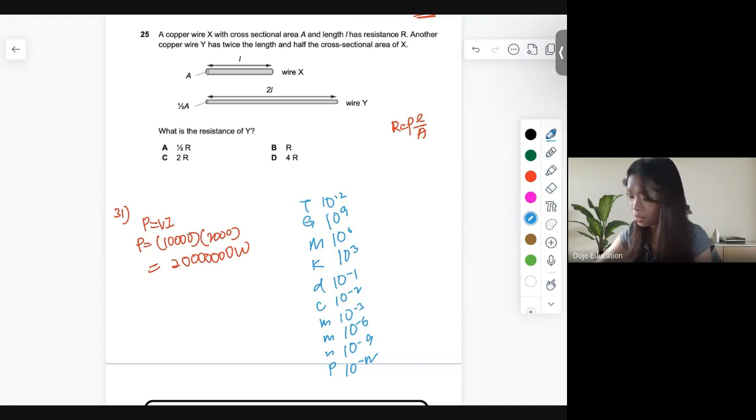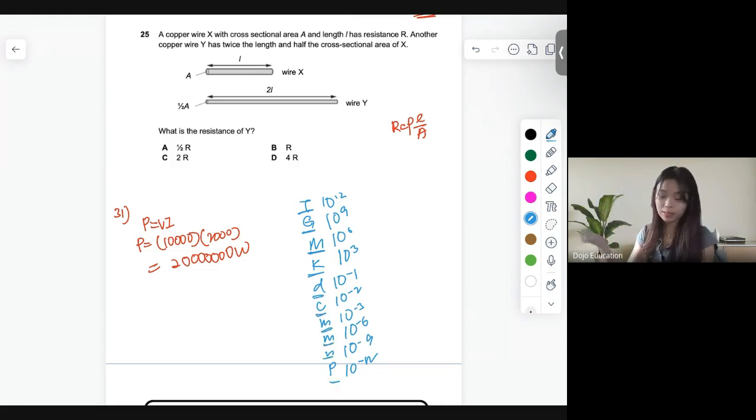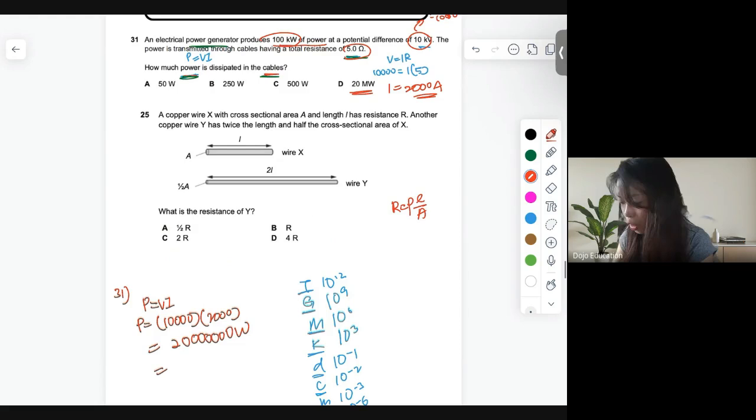So: tera, giga, mega, kilo, deci, centi, milli, micro, nano, pico. These are all the prefixes that it represents. So in this case, my answer is 2 with 7 zeros behind,